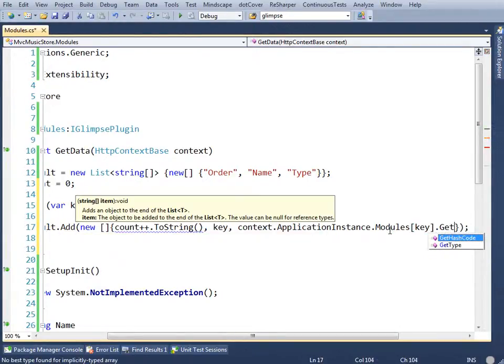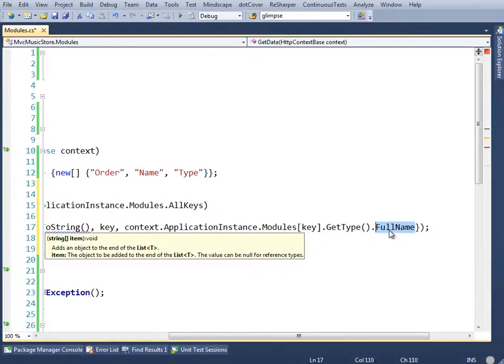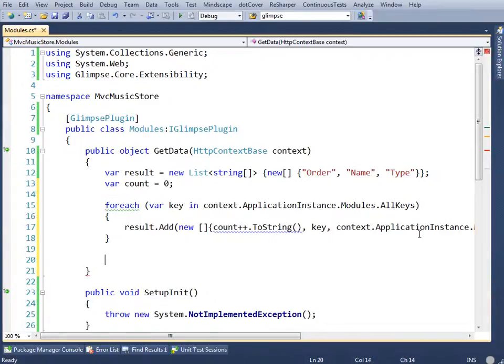And then we want the type name. So we'll get the type of that module, and we'll just pass over the full name. This isn't necessarily the most pretty code ever, but you can see we're just trying to slap this together to prove the point for how you would actually work with Glimpse. Once we've put together this result, we can just return it. So we'll return our result,